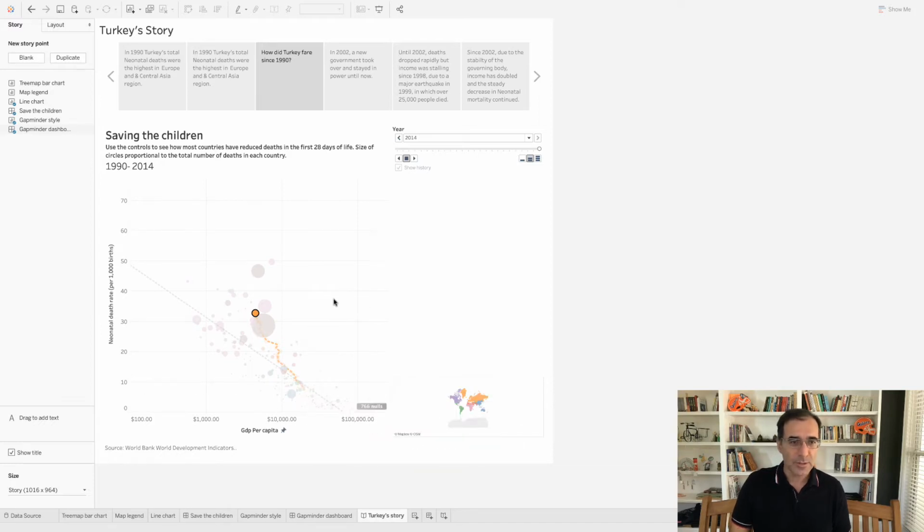One thing you notice in this story is that there is this stall between 1998 all the way till 2003, I think. There is this stall. Neonatal deaths are dropping, we have already seen this, but income is not growing. There is this stall for about 4 or 5 years. So what is the story behind this? The story behind this is basically